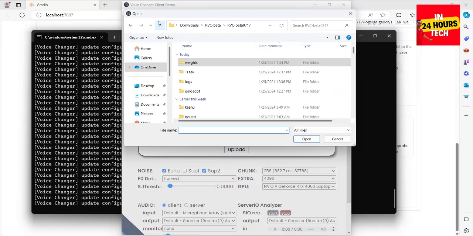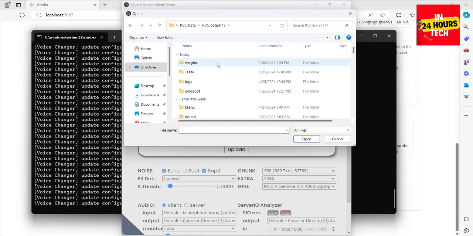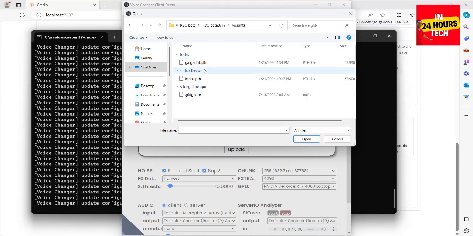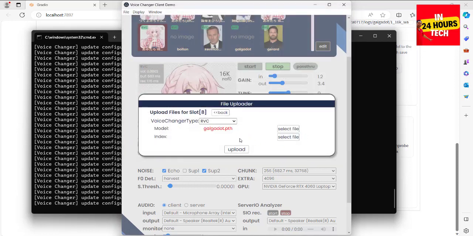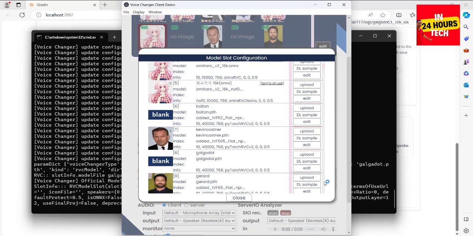Now let's go over to the folder. Remember, this is the folder where we trained everything. You need two files or one. The two are not compulsory, but you can make use of one, which is the PTH file. So you double click on it, click on weights. This is the output, the one that we trained. I'll click on it like this, then click on open, then click on upload. All right, so now once it's done,